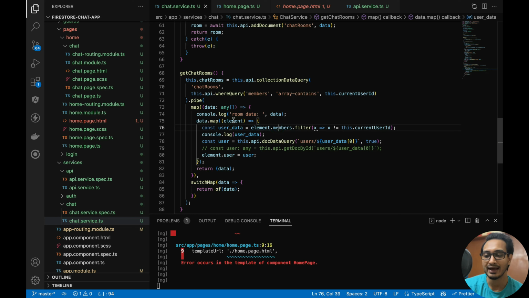So how am I doing that? I'm tracking each and every element that I'm getting from the members one out here, and then filtering it up for tracking the user ID, the current user ID. That means the user who is using that, I'm tracking that ID. If it is not equal to that, then what am I doing? I'm getting that user data,